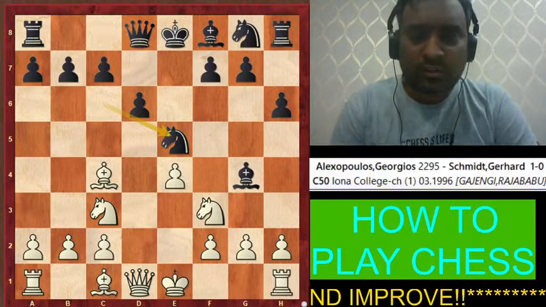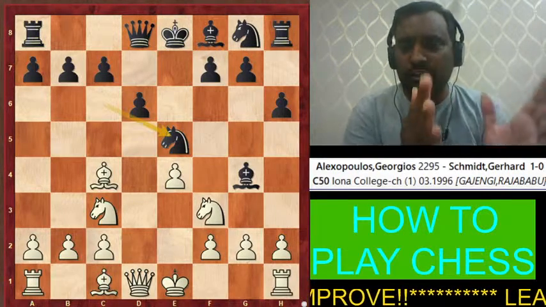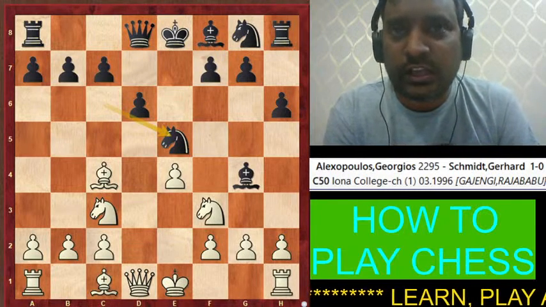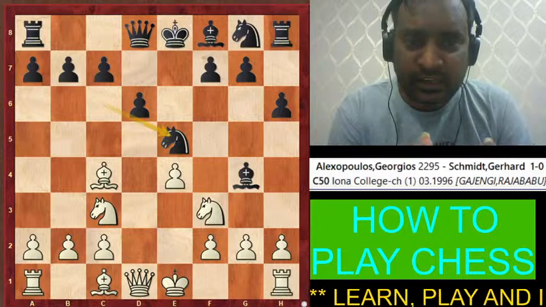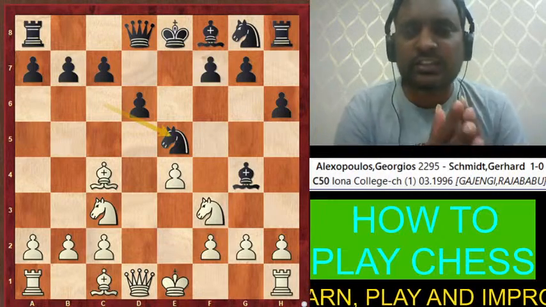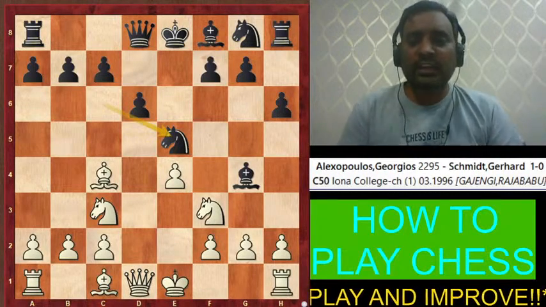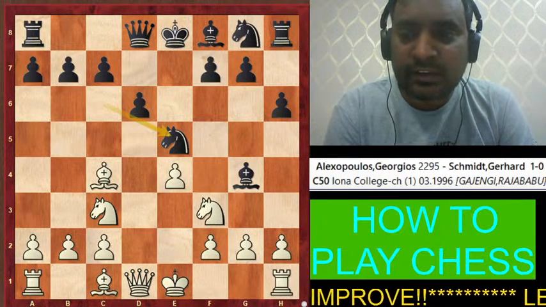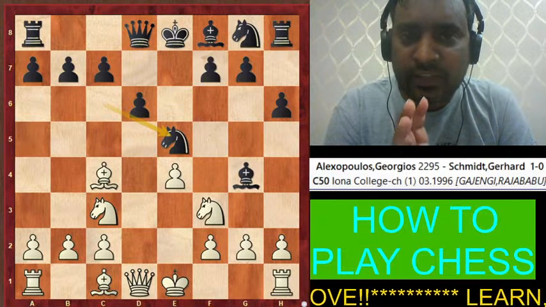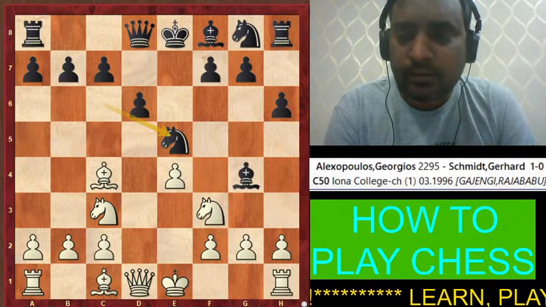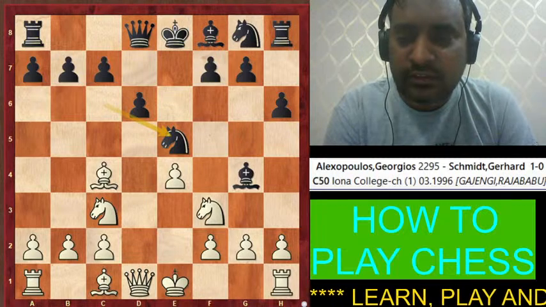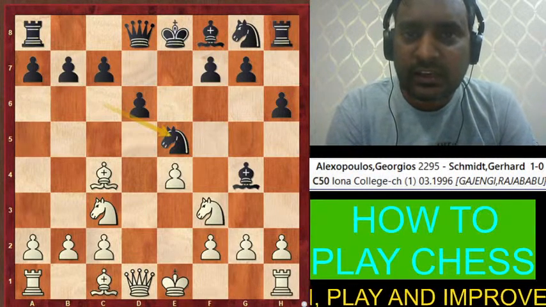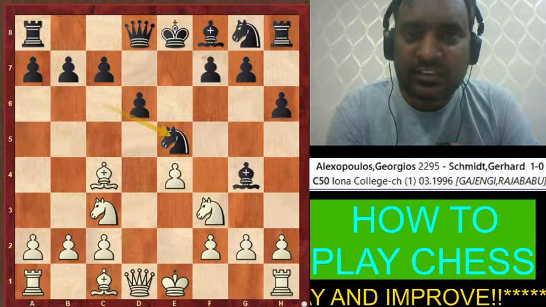Okay Shoaib, good. You know what, I want to tell you that the same position, this position, was used by Akshay Kumar in one of his movies. He was in a jail and he takes this position. And in that movie he was a naval officer. I know that you people have an idea of which movie I am talking about. In that, Akshay Kumar was a naval officer, he was in a jail, and with that police officer he plays one game, and in that game he sacrifices his queen.